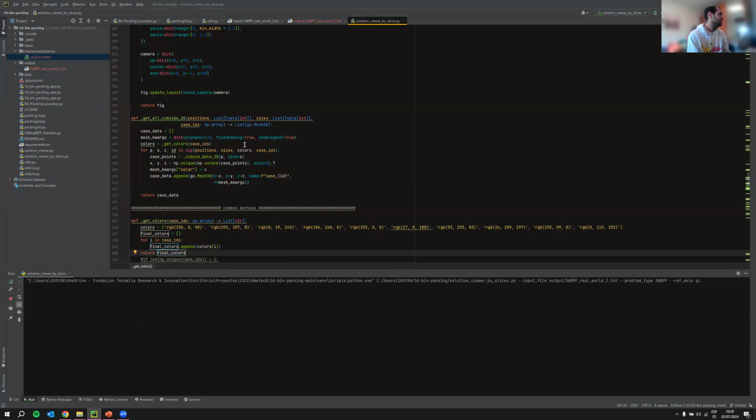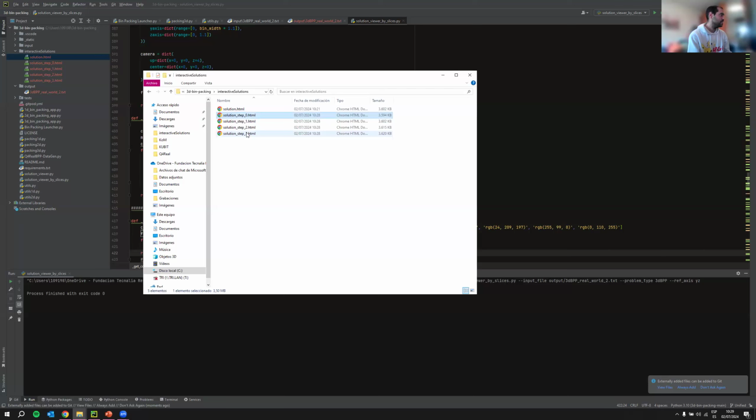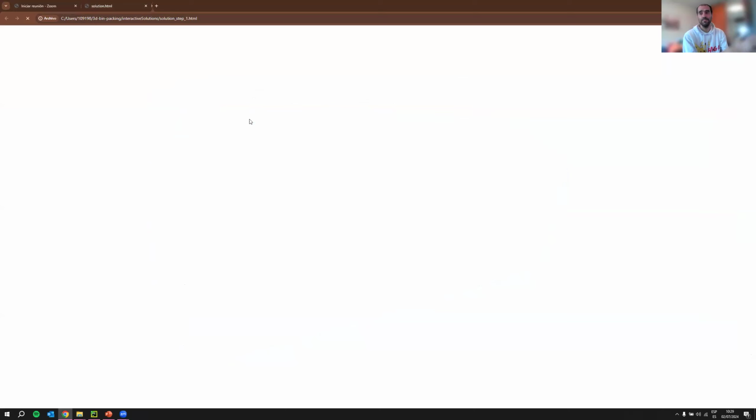This is going to create, I think, 4 different HTML files that we are going to see now. It's quite slow today. Okay, so running this script, we have here 4 different HTMLs that are the same solution, but in this case we can see it slice by slice in order to facilitate the visualization.